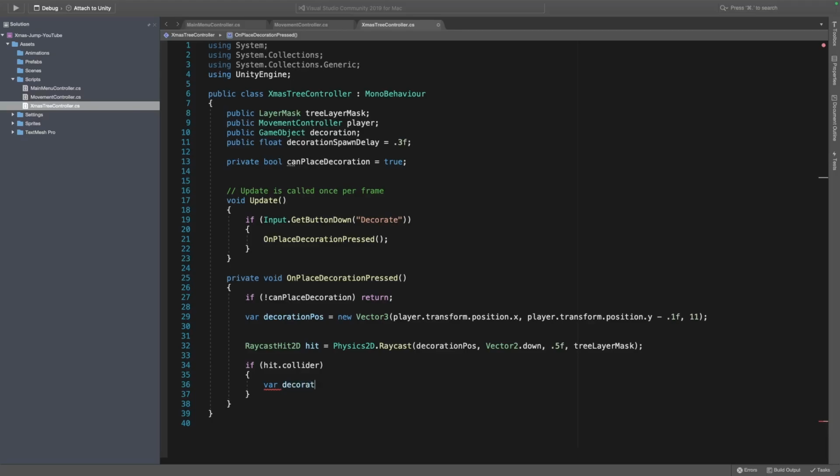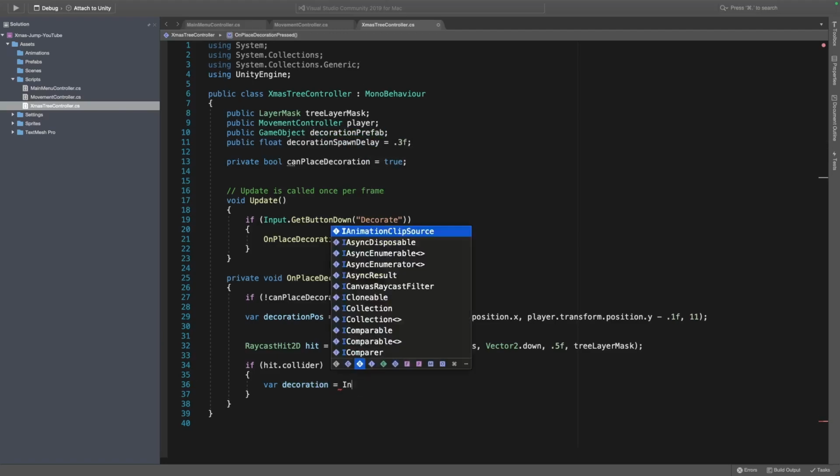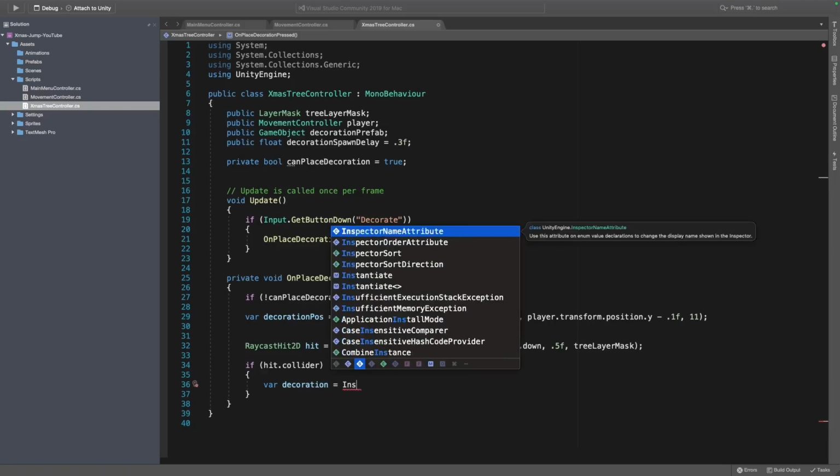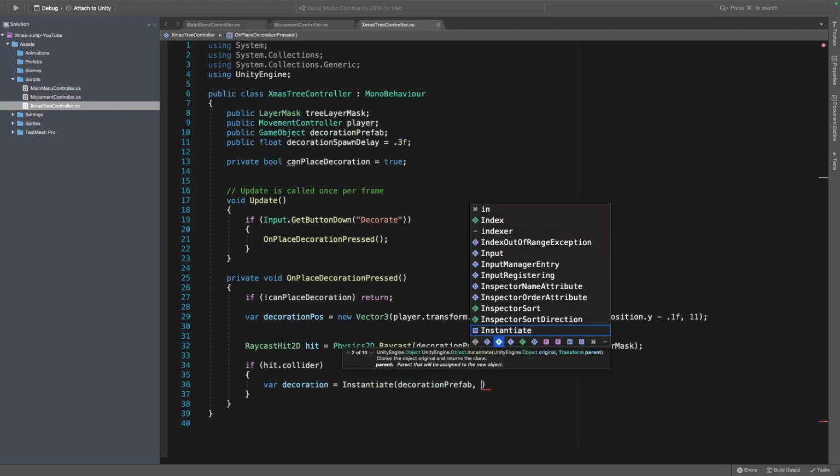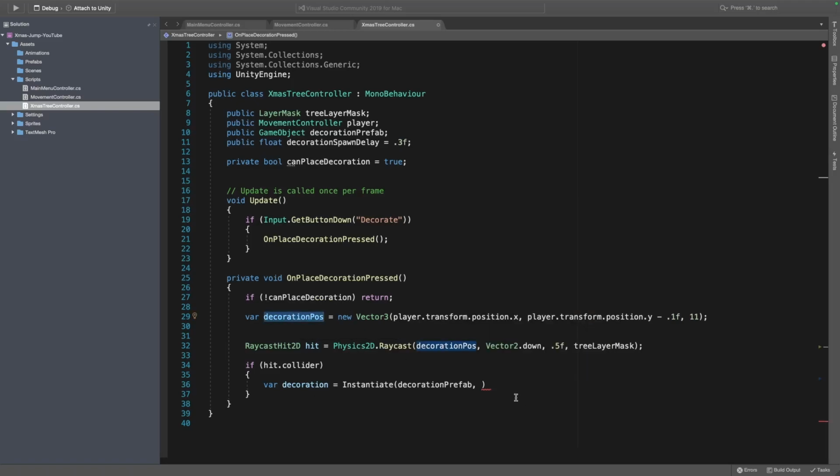So let's create that decoration. Just saying decoration to object. Yeah, I'll actually call this one prefab, sorry, because then I can just call this one decoration. It will be much better. And so we will instantiate this prefab in the spawn position, so decoration position,